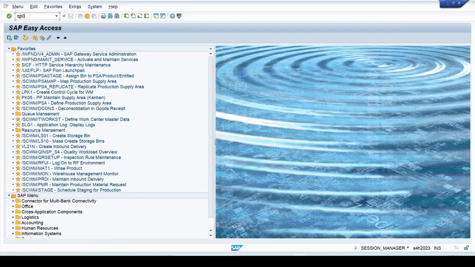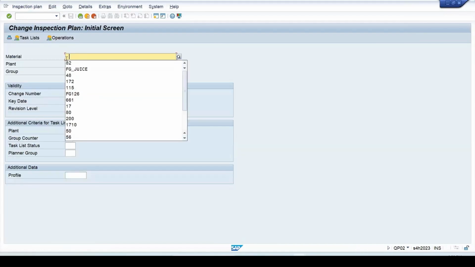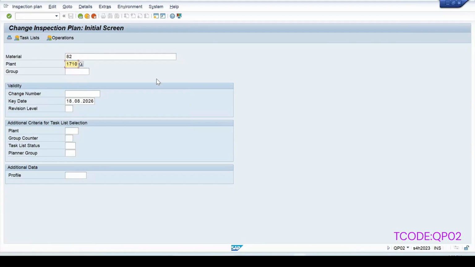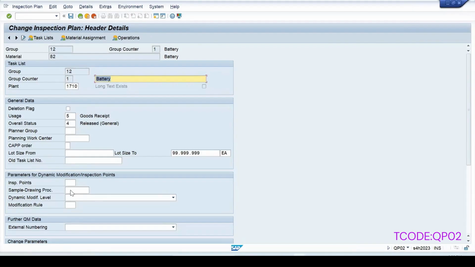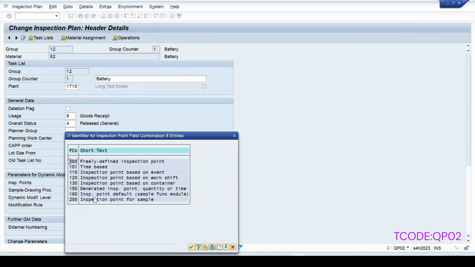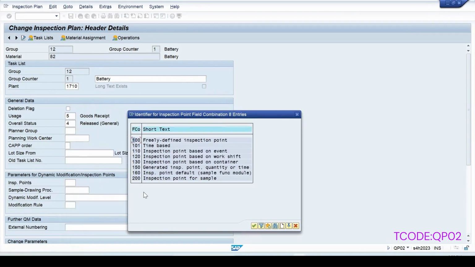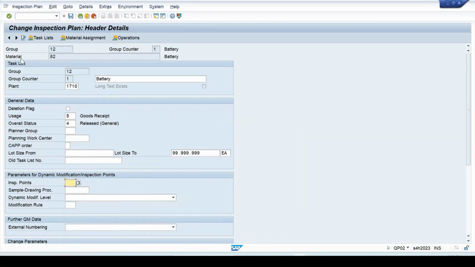Inspection plan header level, we also get an option of an inspection point, which gives us the option to enter the results multiple times for any inspection lot. Normally this inspection point is blank, but you do get multiple options. An appropriate inspection point can be used, and if you are using physical samples, then you will be using the inspection point 200. Let's see how this inspection point will allow us to enter the results multiple times for any